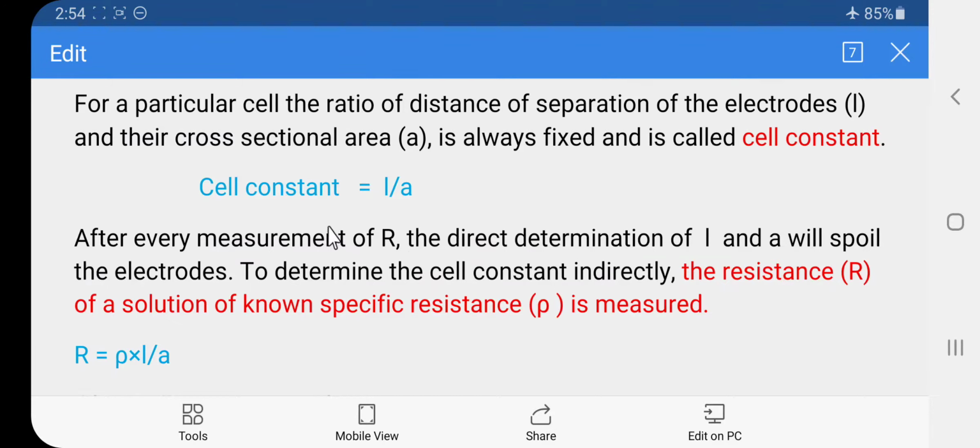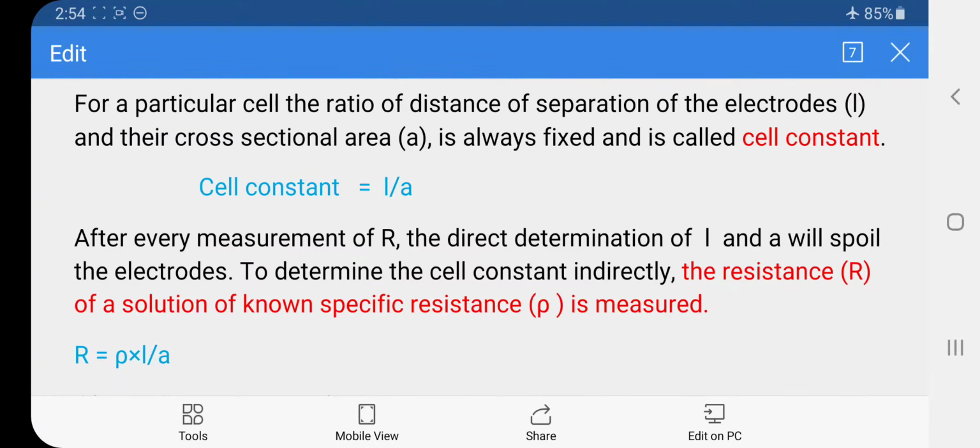So friends, when we consider the conductometer, the cell constant term is very important. Two methods are available for the determination of the cell constant. The cell constant is defined by the equation L by A, or we can say that the electrodes in the cell are not exactly 1 centimeter apart and may not have surface area 1 centimeter square. So the observed resistance or observed conductance is not equal to the specific conductance, but it is proportional to it.